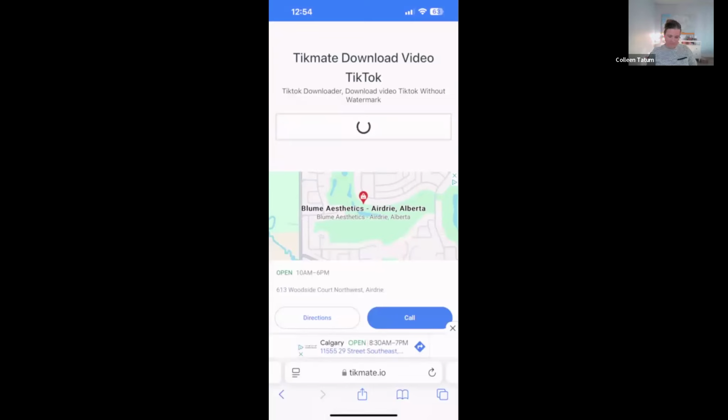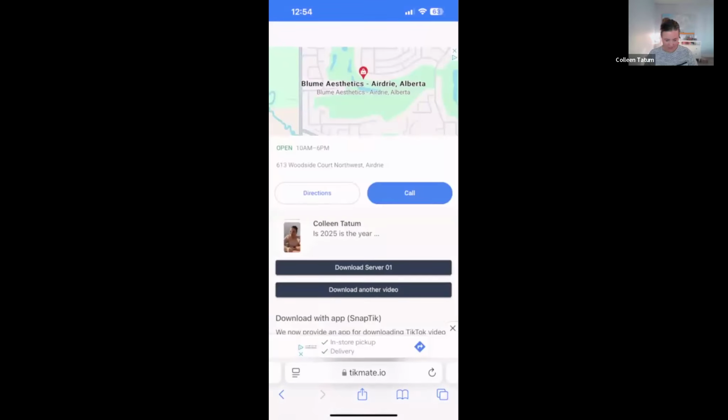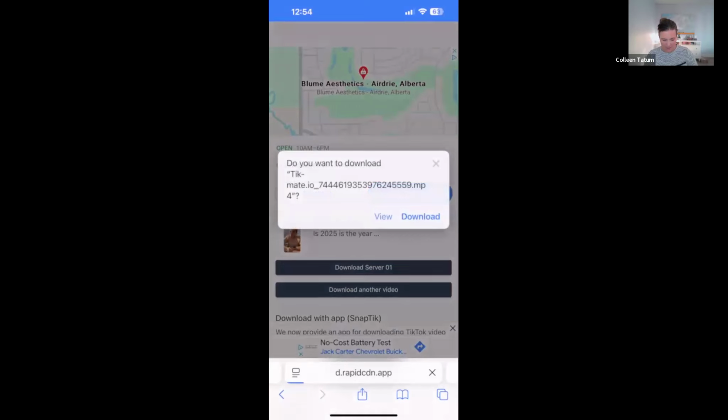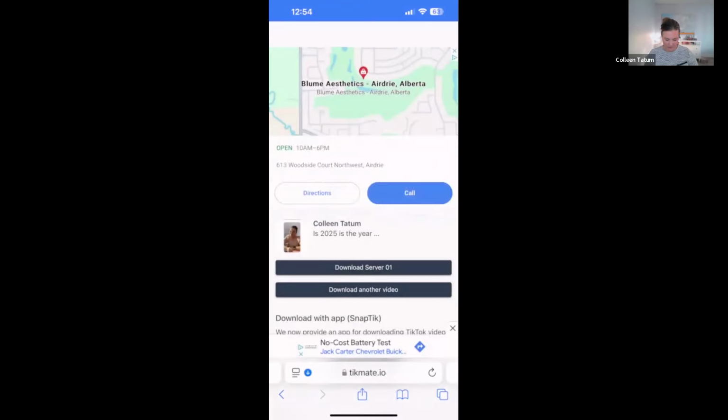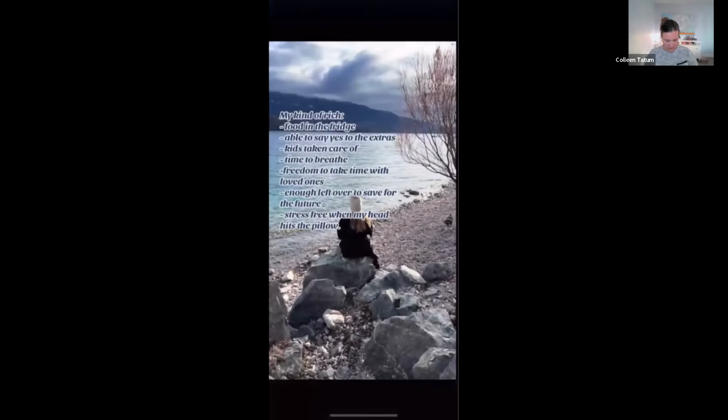A pop-up is going to come up. We're going to close it. We're going to hit this button now, download server. We're going to close this pop-up. And then download pops up, we click it. So there's a couple steps there, but you got it. You're going to be able to do it. Then you hit downloads and then you save that video